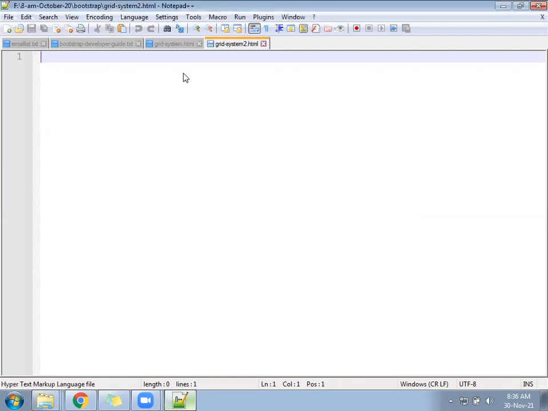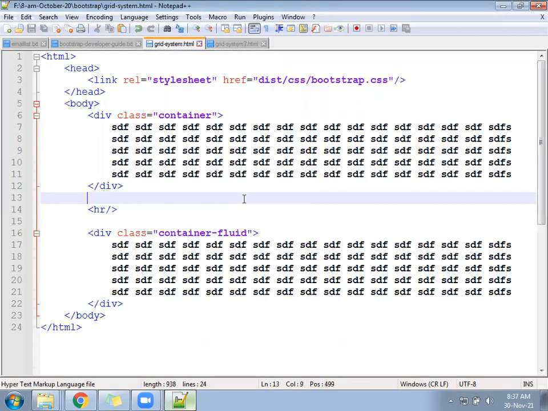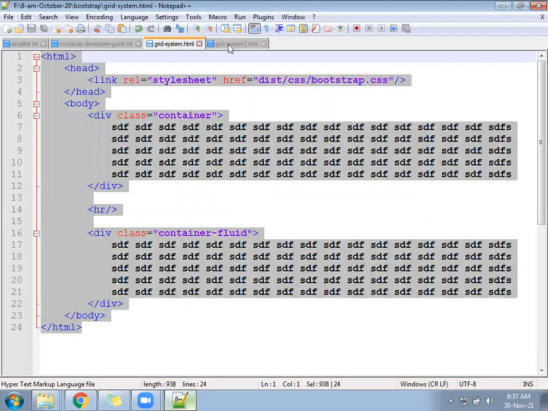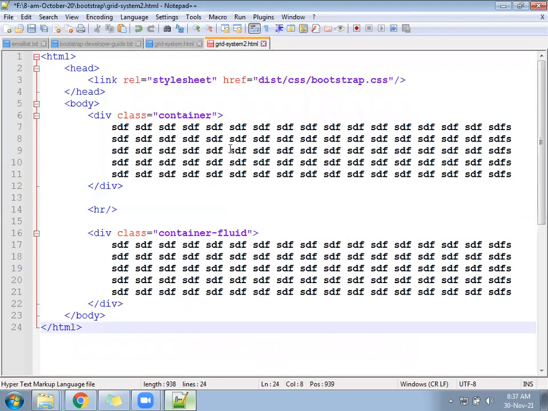In that you will add the content of the grid system file.